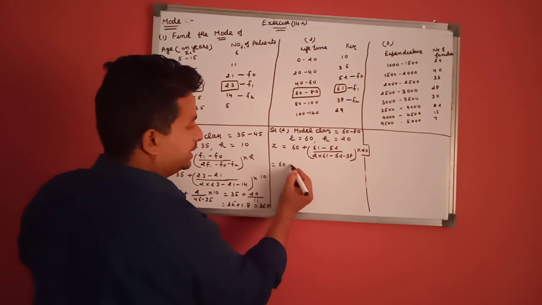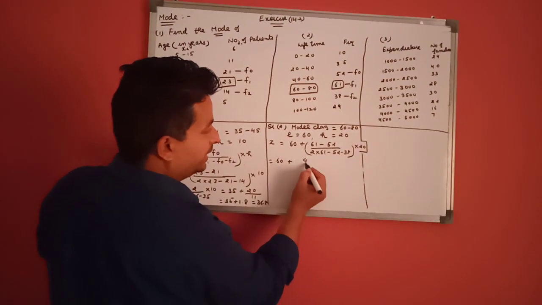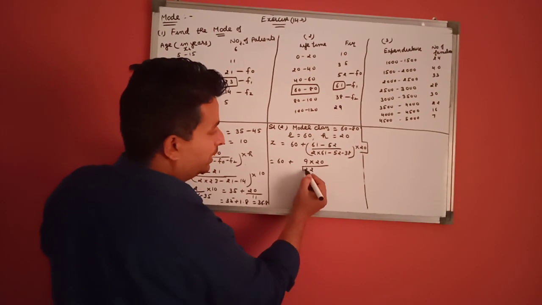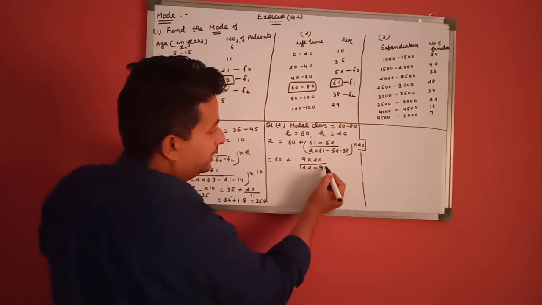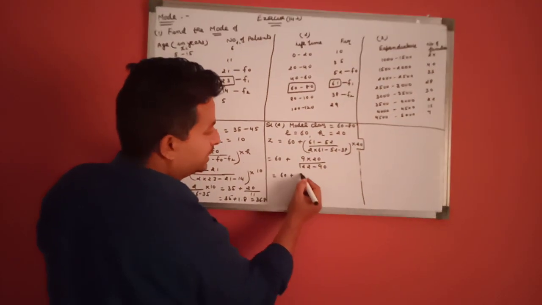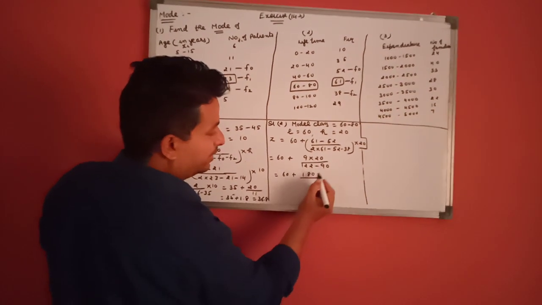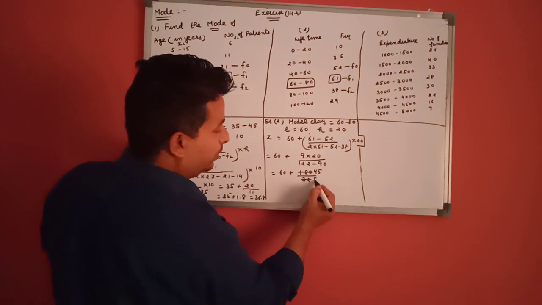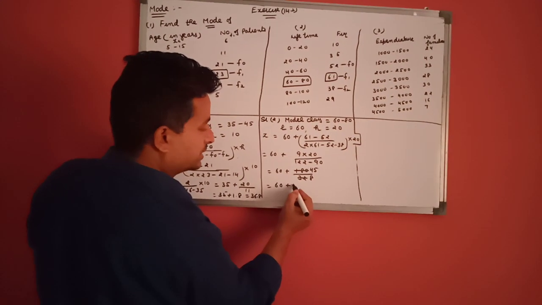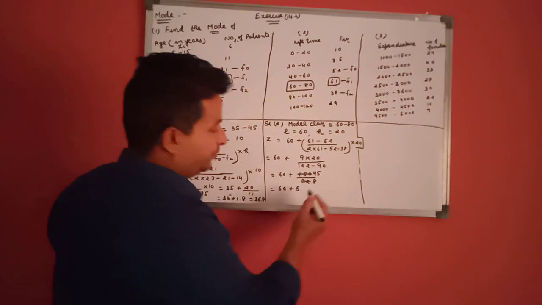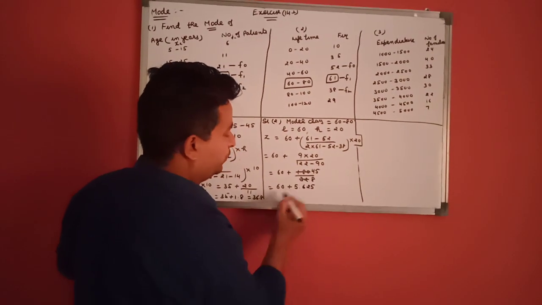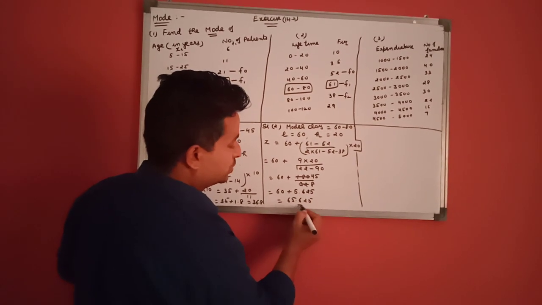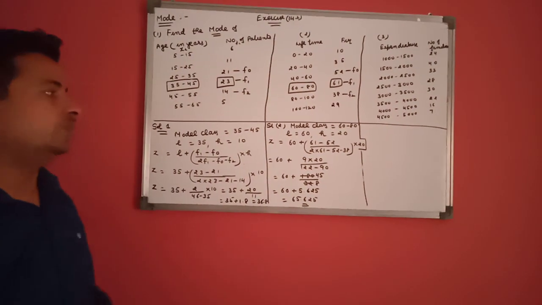So this is 60. When we subtract this, we get 90 upon 2, 122. This is 90. So 60 plus this is 180 divided by this is 32. This means 45 upon 8. 60 plus 8, 5 40, 50, 8 6 plus 2 5. This is 60 plus 65 plus 625 is the mode of this question.